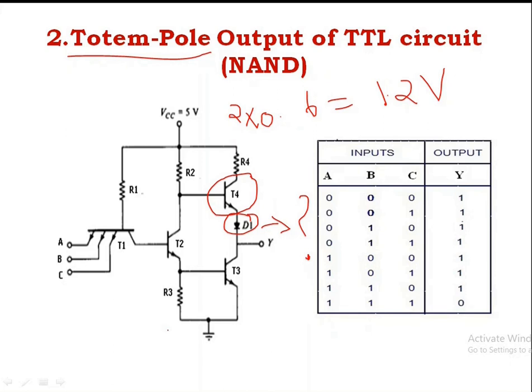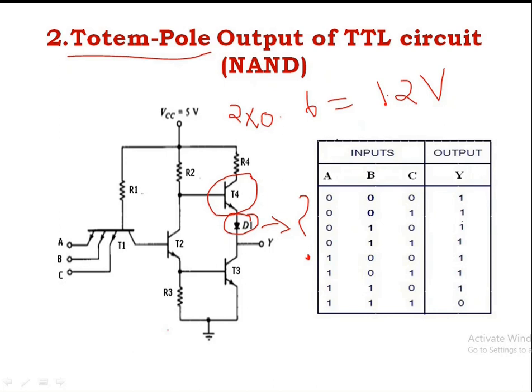Okay, so when the output changes to high state, the output remains momentarily low because the voltage across the load capacitance cannot change instantaneously. As soon as the second transistor turns off, the fourth transistor conducts because its base is connected to VCC through the resistor. Okay, now we'll come to the working.